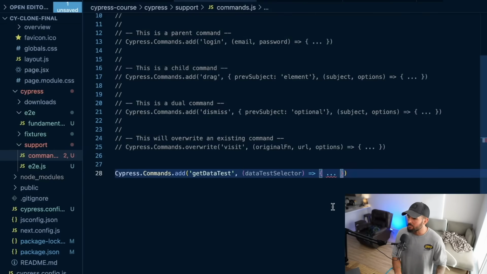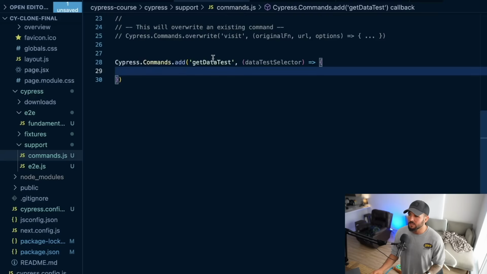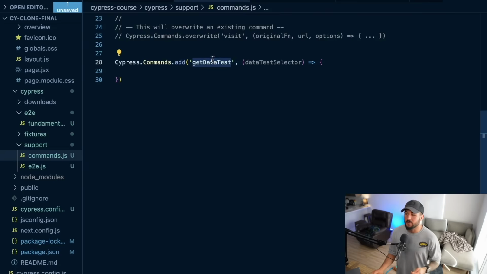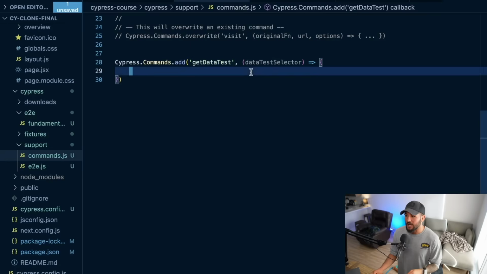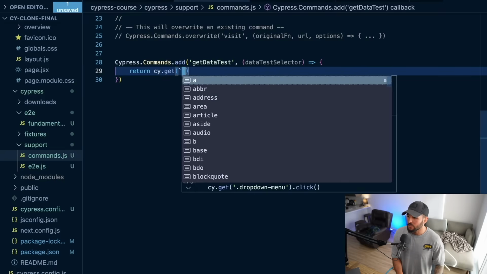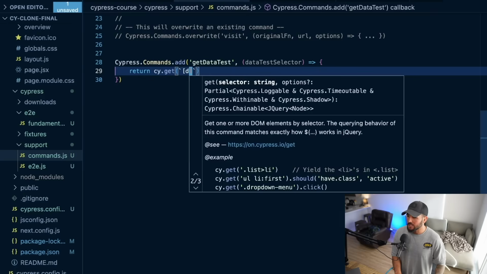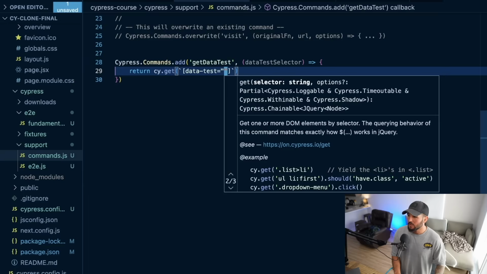Within the body of this function, as you can see, this follows a very similar structure as we've seen before with Cypress, in which we first pass it the title of our custom command, and then as a secondary argument, we pass it a callback function that is going to be our actual code. And all we need to do here is return cy.get, and then pass it a JavaScript template literal, and all we're going to do is data-test equal to our